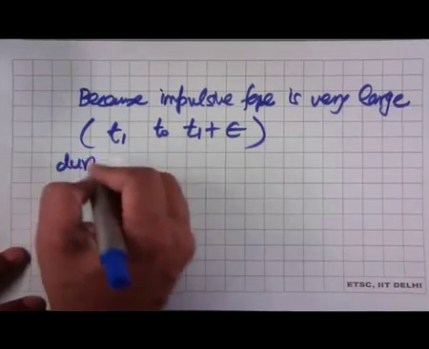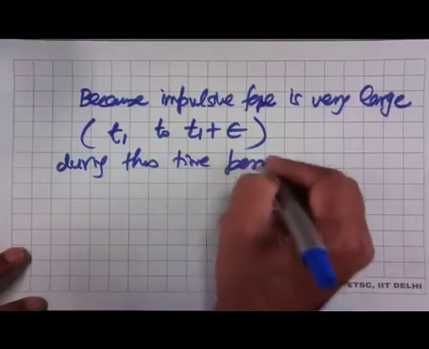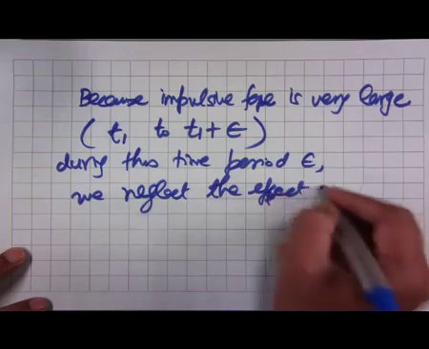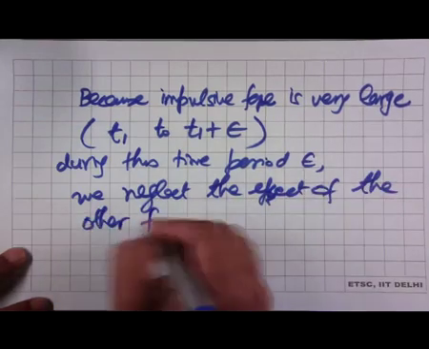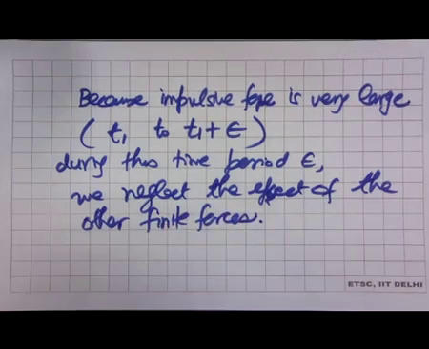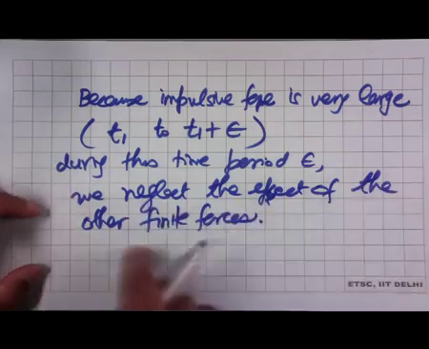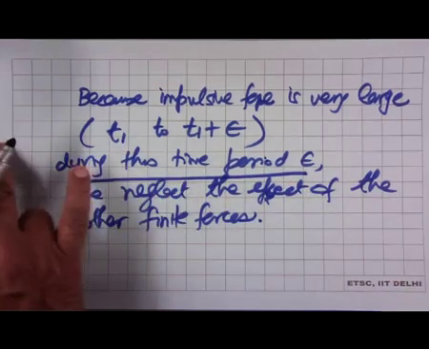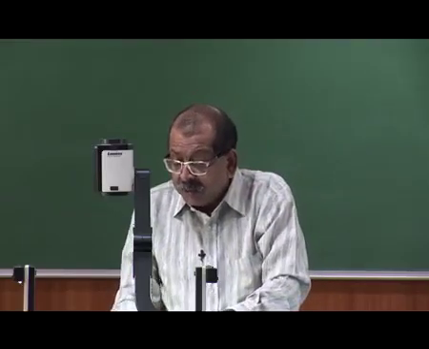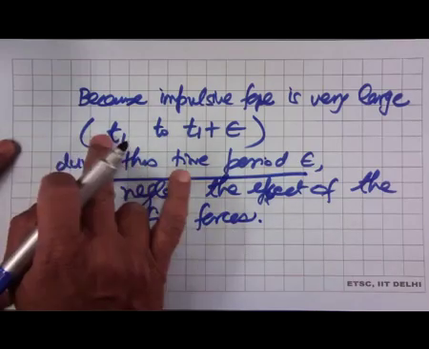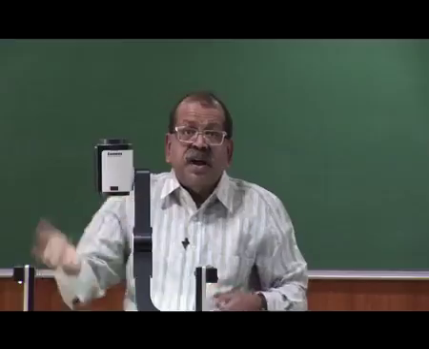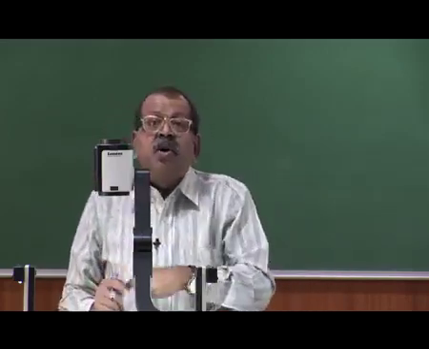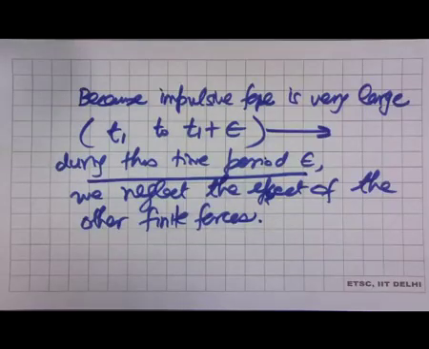during this time period epsilon, we neglect the effect of the other finite forces. Notice the effect of these other finite forces is only being neglected during the time period epsilon. Before time T1, the trajectory of the ball is governed by the finite forces, for example, the gravity acting on the ball. And after the time period T1 plus epsilon, once again the impulsive force is not acting. So, the motion of the ball will be governed by its initial state and also of the finite forces. But during this interval, while the finite forces act,